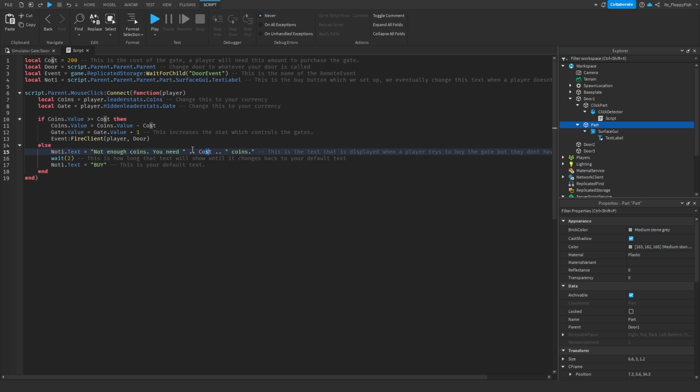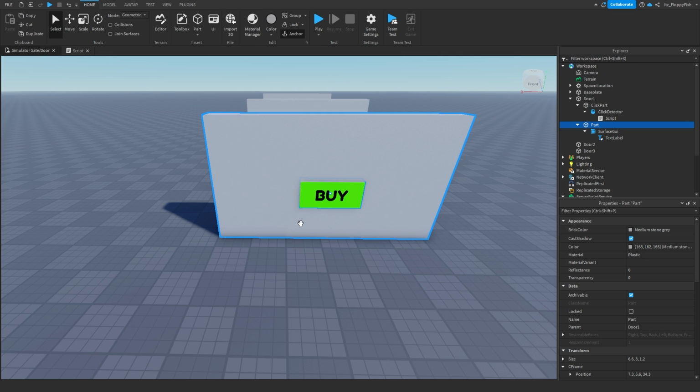Cost, basically identifying the cost, then just delete all of that and type whatever. But for this tutorial, we're just going to keep it like that. So you can adjust what you want your text to say if the player doesn't have enough coins. This is basically like the error message, I guess you could say. Basically saying, okay, you don't have enough coins, you need so many coins to pass or unlock this wall or whatever. After 2 seconds, it then changes back to buy, exactly what we have right there,